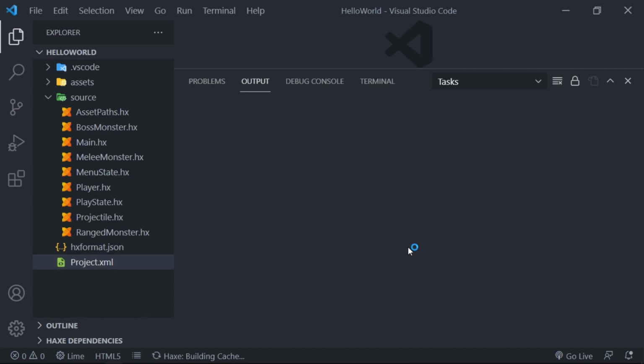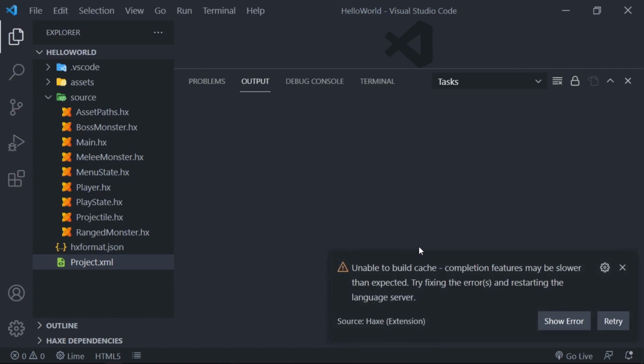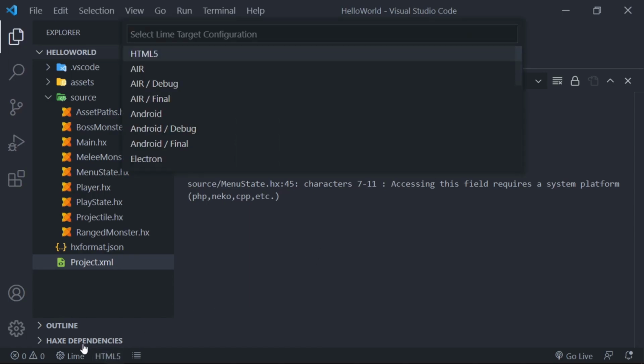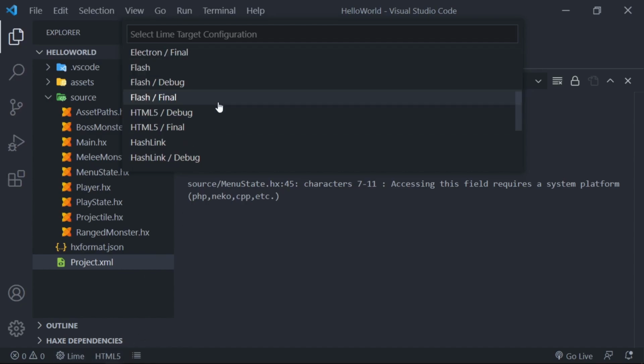Just wait for it one moment. It says that it is having issues accessing the required system platform. You might have another issue. I had one where it couldn't access some of the things from OpenFL. In any case, to fix this error, you click on this, but you should have the Lime plugin installed as well. So you click on this, then you scroll down to